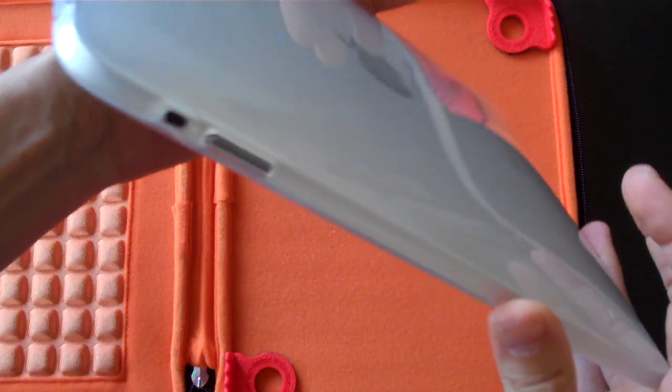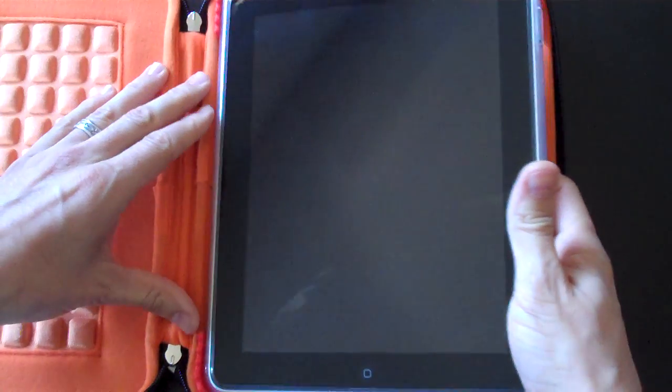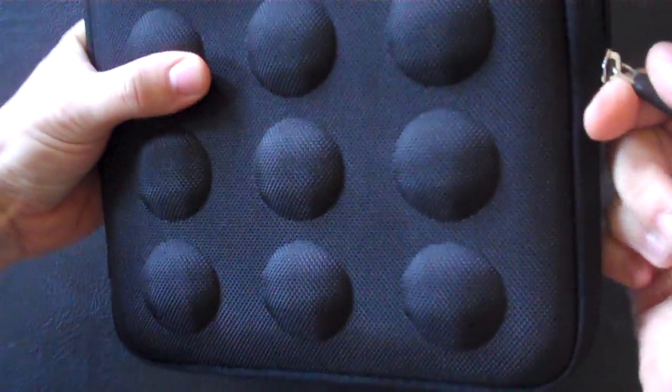It's going to run you retail $49. The Hard Candy Cases bubble sleeve also running you $49. It's a pricey combination of about $100, but you know what? If you want something that is rock solid secure for your iPad, I highly recommend it. There's other cases that you can go out and you can try, but if you want the end-all solution and having a stand built into your case is not a big deal, this is absolutely the way to go,